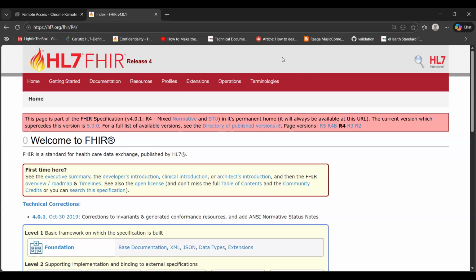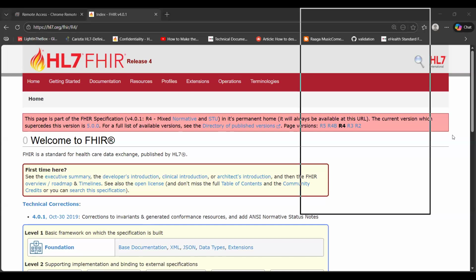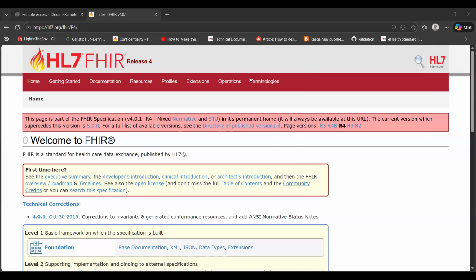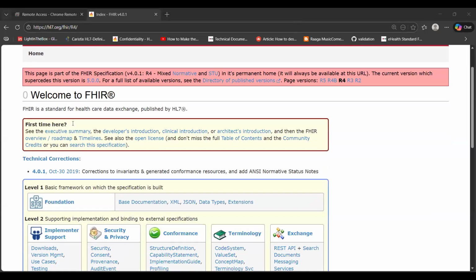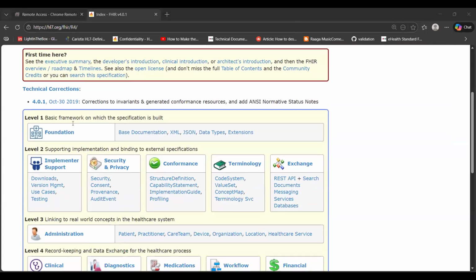They are not normative standards. We will talk about what normative is in the upcoming sessions, but there is a reason why we are sticking to R4, and we will be covering a lot of aspects from R4 perspective itself. So the moment you go to the main specification page here, you can see that you are in the home page where you have details on